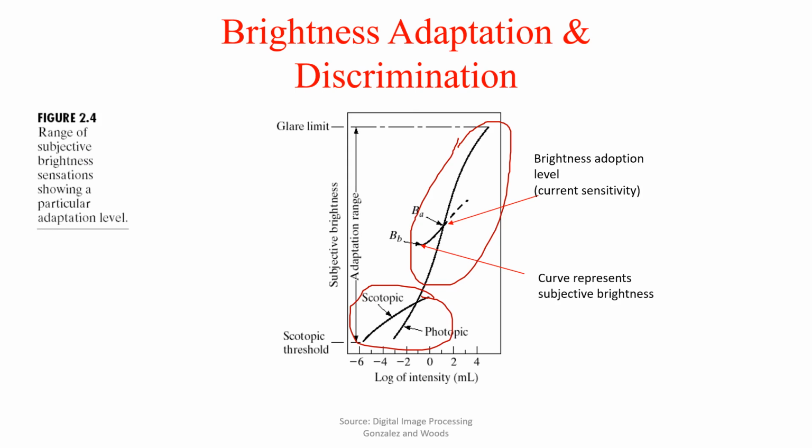Okay. For example, if you enter a dark room, say a movie theater, after the movie has started, you need time to get adapted to perceive, right? So you take time to locate your seat. Same thing happens if you enter a bright room for a particular level of intensity. Okay, so if you enter a bright room, again you will face the problem. You are not comfortable immediately. Your eyes will take time to get adjusted.